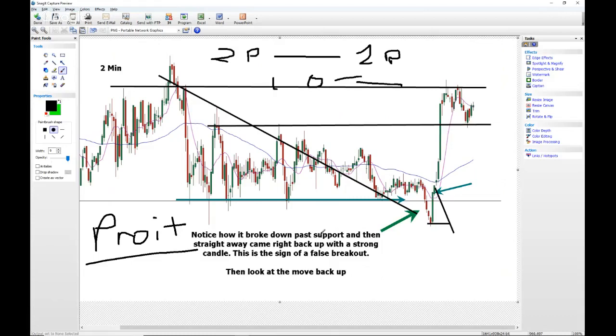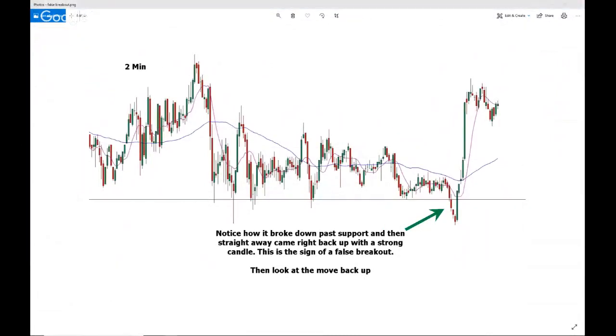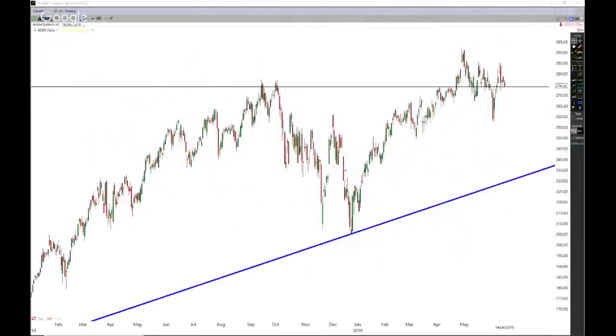I notice those things because no one has ever taught me how to notice where the confirmation is, if it's a false breakout. What does the false breakout look like? These are just charts that I take because I notice these patterns happen time and time again in the markets. And so that's what I wanted to share with you guys. Hope you guys enjoyed that.